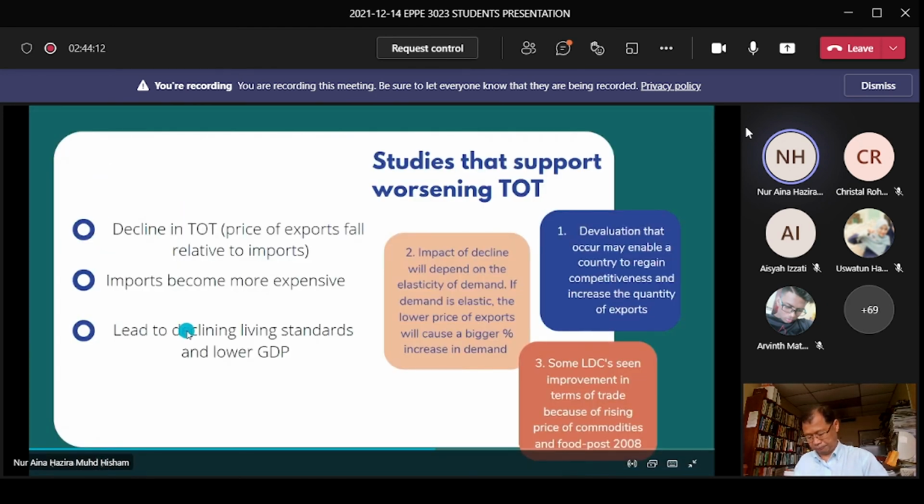A decline in TOT means the price of exports falls relative to imports, and it makes imports more expensive and leads to declining living standards and lower GDP. And based on the doctor's question, to find studies that support worsening TOT,